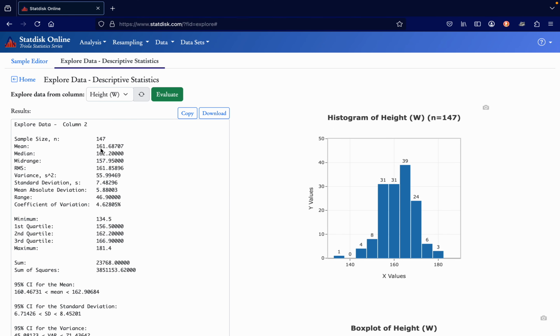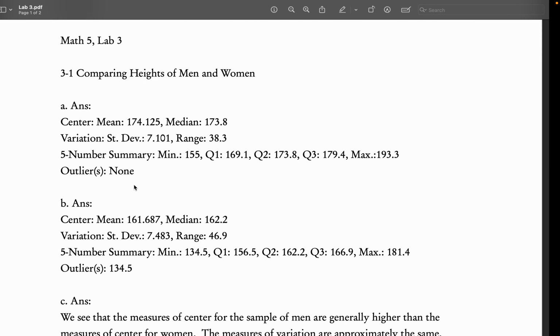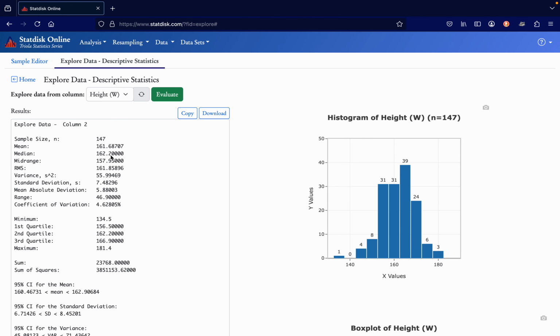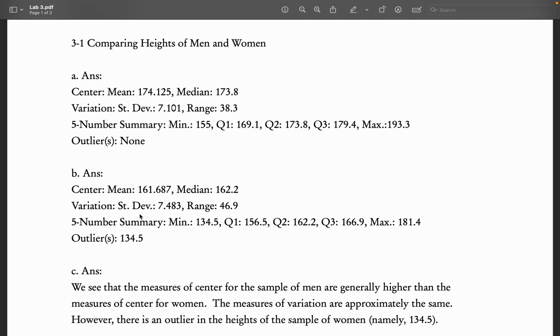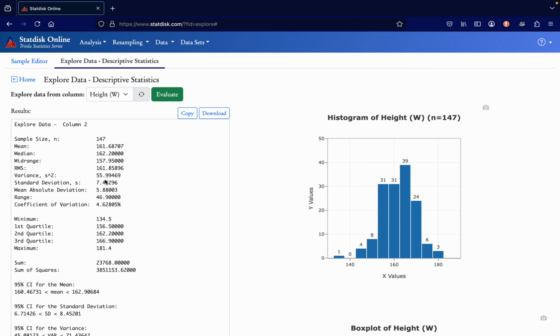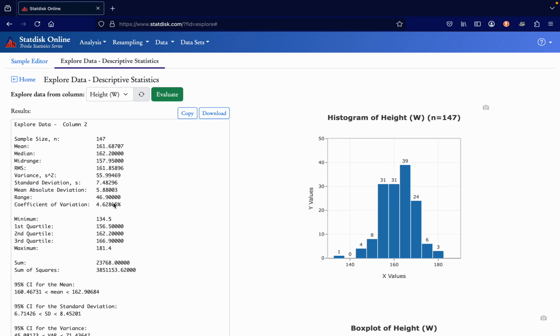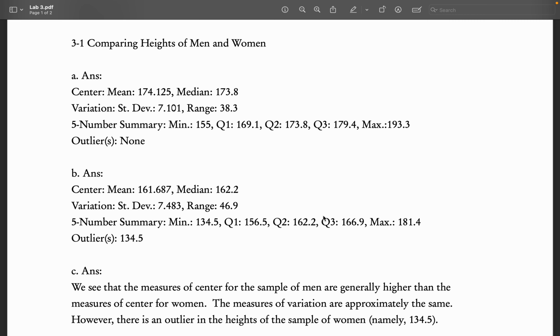The mean here is 161.687, which is what I wrote down here. The median is going to be 162.2, which is here. And again, there's the standard deviation right here. The range is right here. The 5-number summary is here.